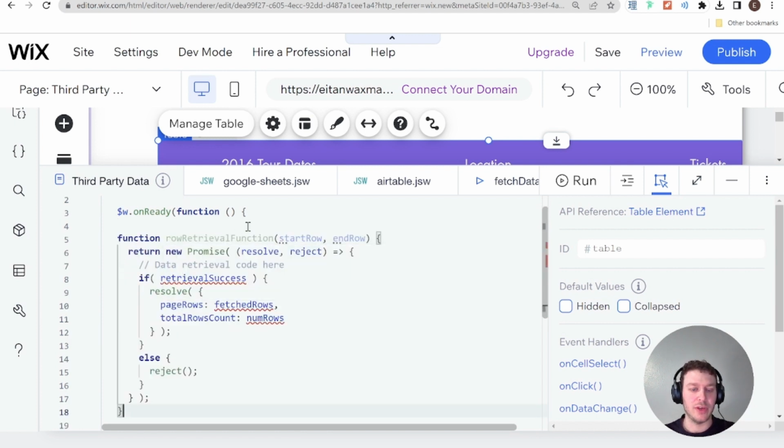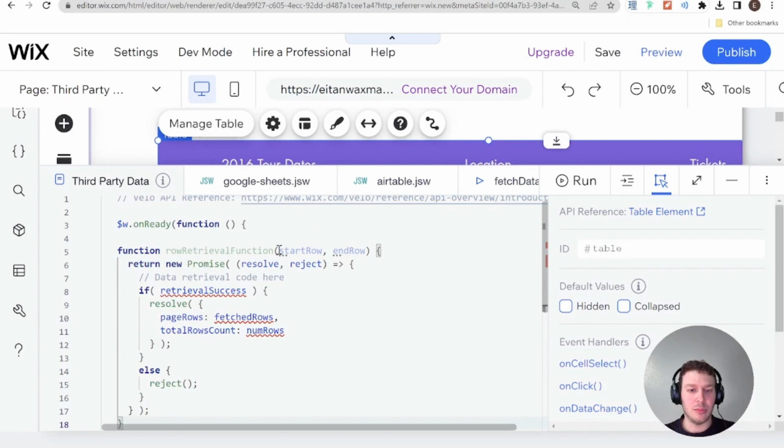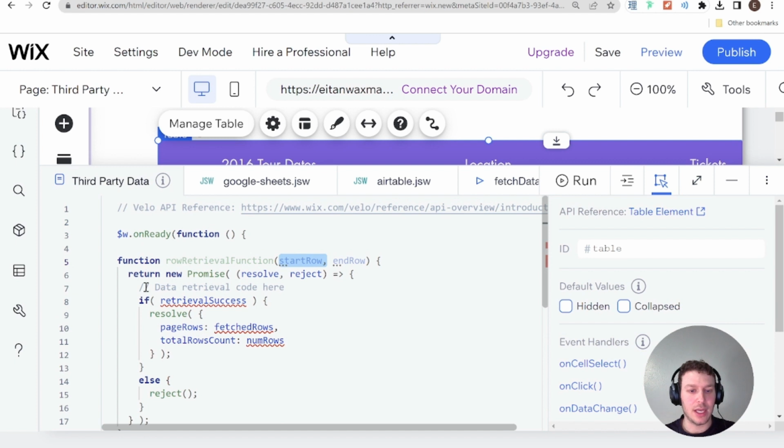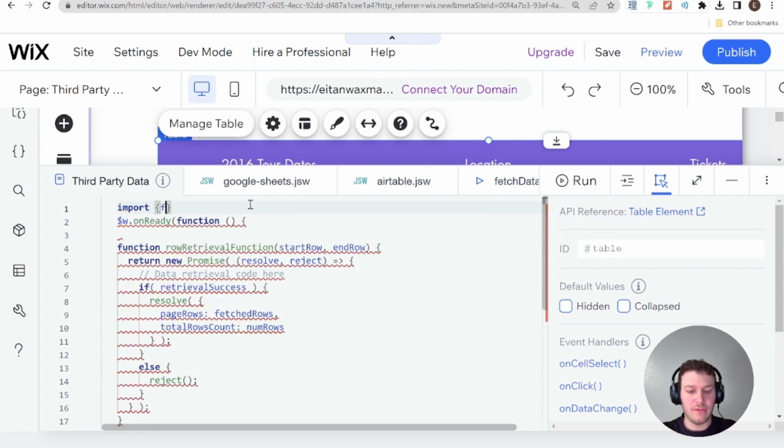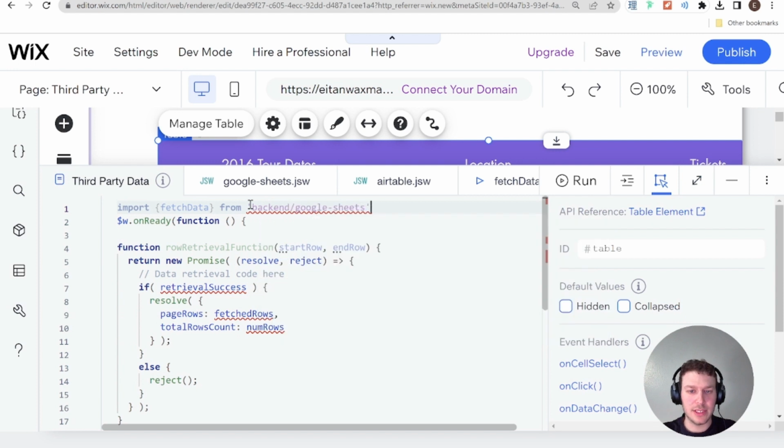So this is our row retrieval function, and basically the parameters of start row and end row will be passed in by Wix, and what we need to do is get our data. Okay, so we need to do our data retrieval over here. In order to do that, I'm going to say import fetchData from backend/Google Sheets, and I'm going to say const data equals await